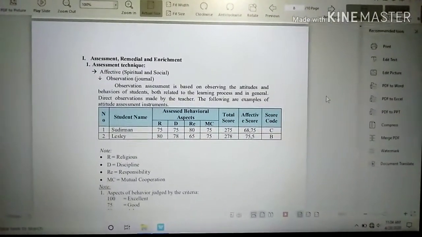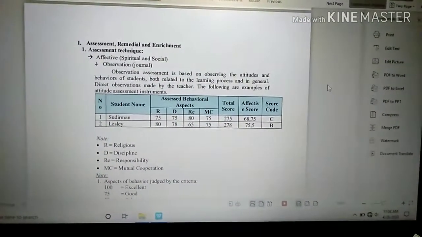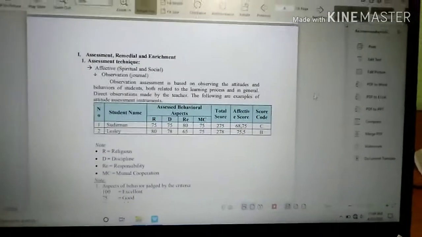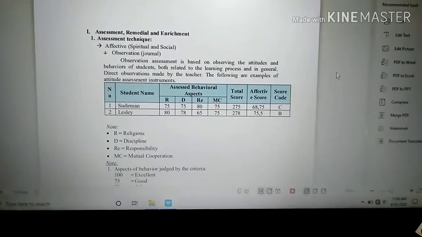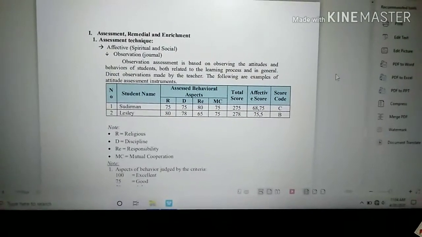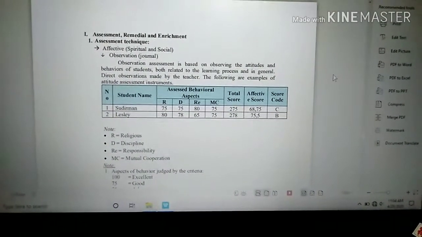Assessment, remedial, and enrichment. Assessment technique: affective, spiritual, and social. Observation. Observation assessment is based on observing the attitudes and behaviors of students, both related to the learning process and in general. Direct observations are made by the teacher.